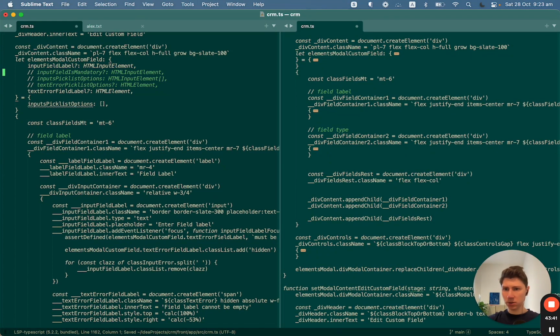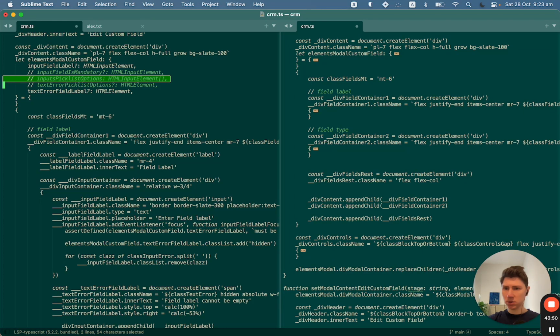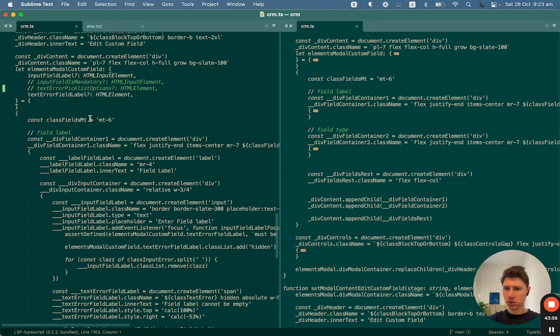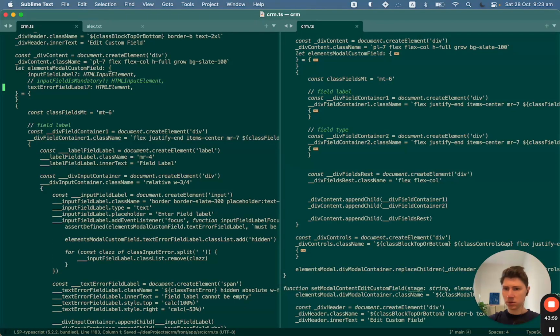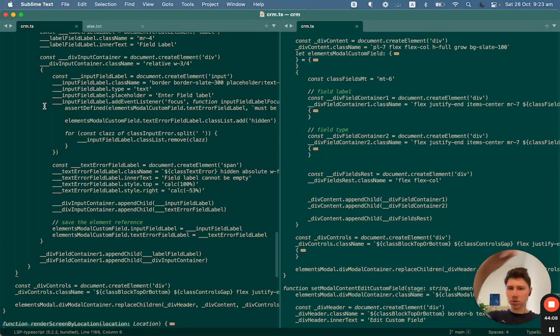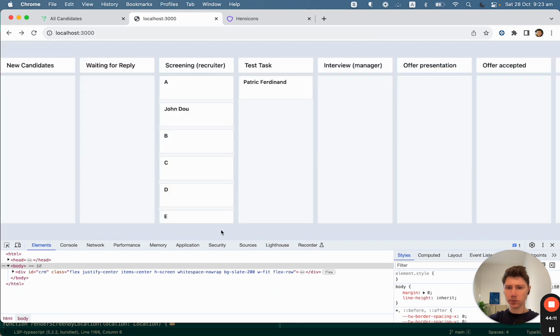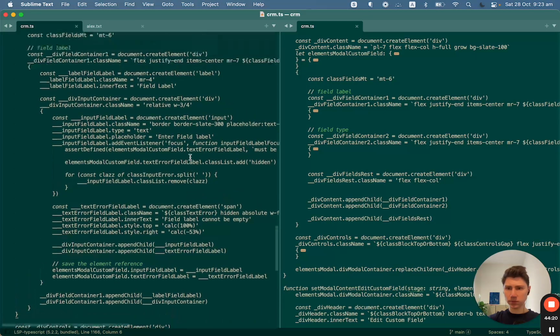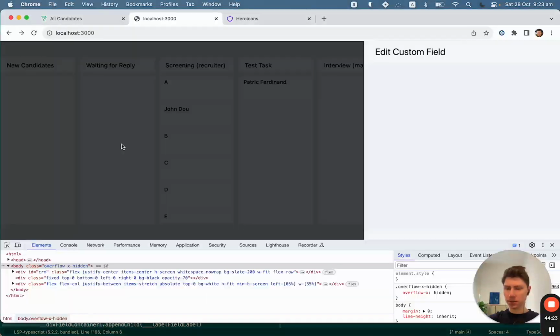Field type we don't need. Field is mandatory, we will need. We don't need pick list options. Right, I don't need pick list options. Right, and